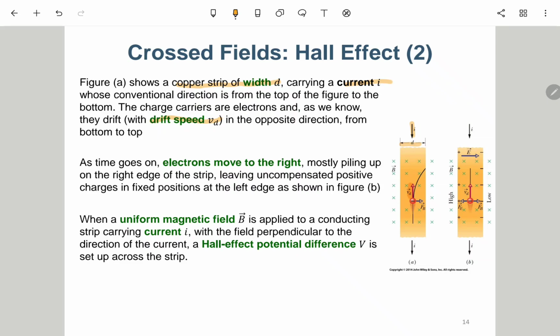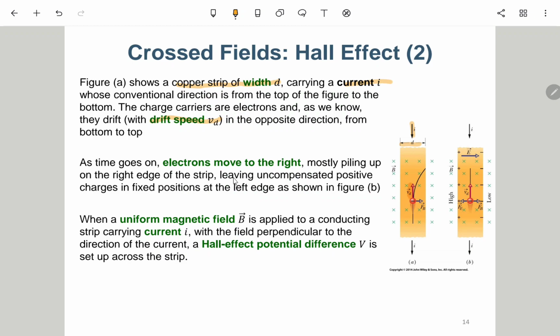After finishing this, I will assume the charge is positive, and then see how it leads to a contradiction. I know the answer is that the electron is negative, so we first assume it is negative and complete the discussion. After that, I assume the charge is positive and see what contradictions there are. Okay, so as time goes on, electrons move to the right, piling up on